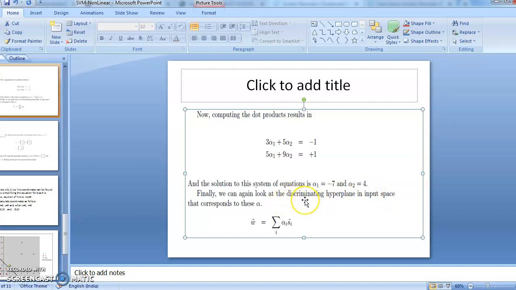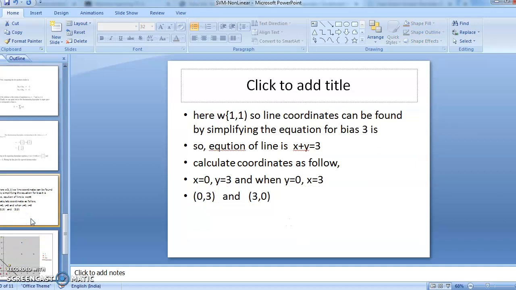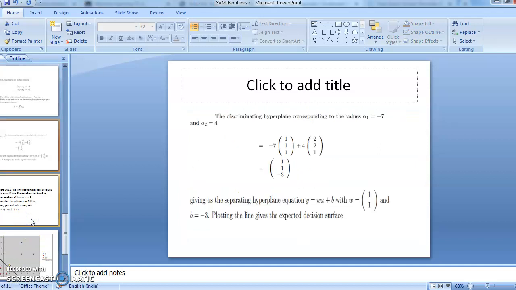So now our next target is finding the value of the W vector. Okay, so how will you find it? The equation of the hyperplane is W, which is nothing but the summation of all the coefficients with the support vectors. How many coefficients have we used here? We have used two coefficients, that is alpha 1 and alpha 2. So alpha 1 multiplied with the S1 vector, alpha 2 multiplied with the S2 vector. What is our S1 augmented vector? (1,1) with 1 as a bias input, (2,2) with 1 as a bias input. If you simplify this, we will get the answer (1,1,-3).